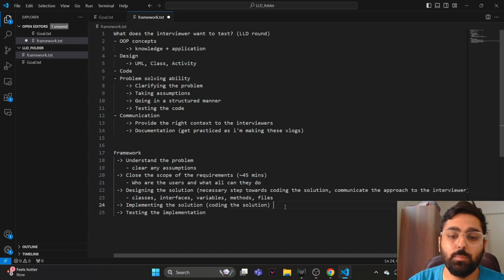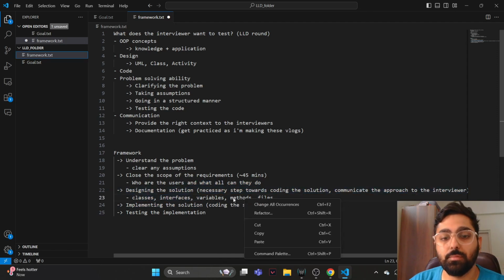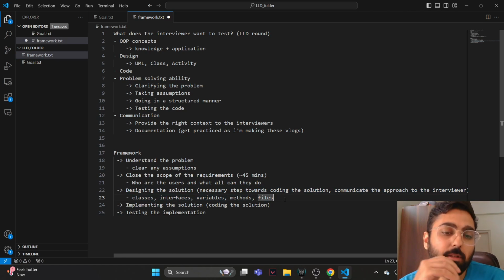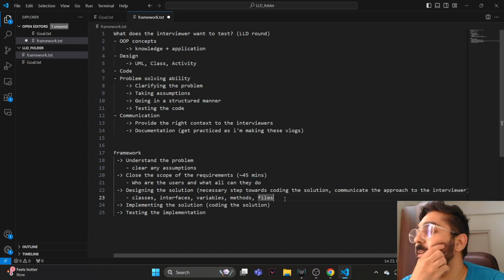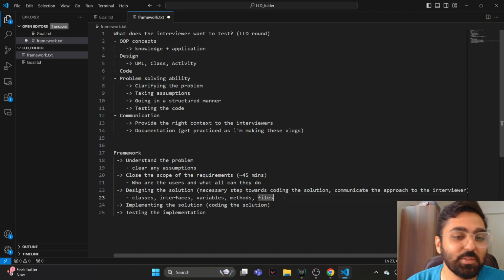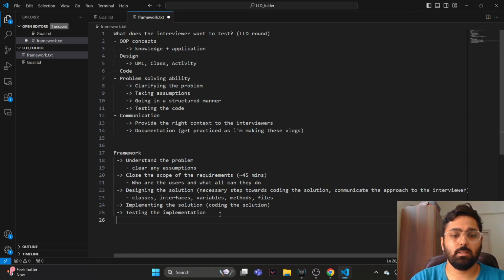And coding should ideally be the simplest step in this, because after we've designed the solution and we have a blueprint of what we want to do, it should be straightforward to implement that as is. Although in reality, that doesn't happen a lot of times. We get confused while coding, but it's okay. I think for the purpose of the framework, this kind of works out. And then you have testing the implementation, which kind of means